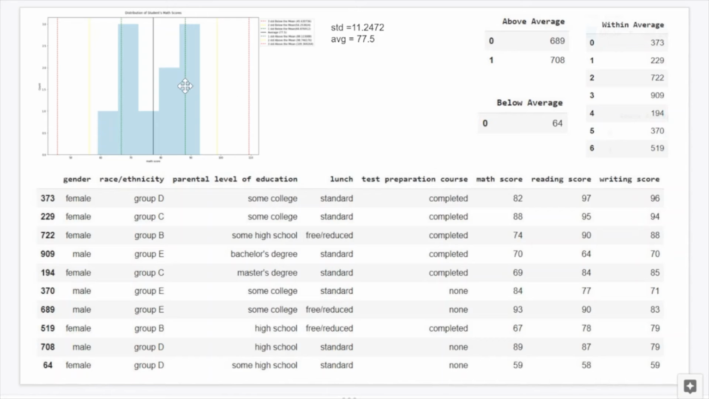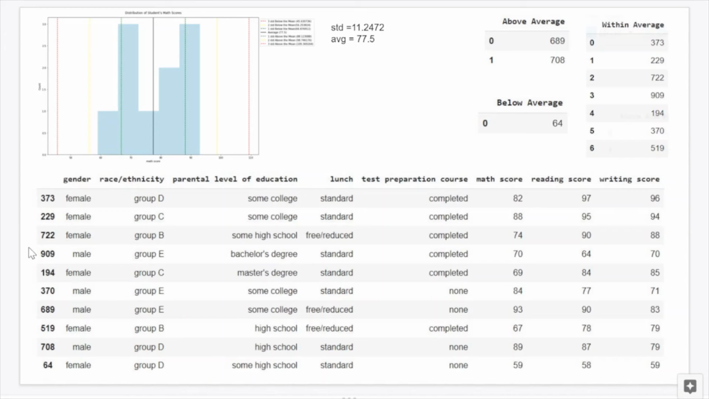Okay. But let's say they are below average, right? That means that they're going to be right about here. So this would be below average if they're between 1 standard deviation below the mean and 2 standard deviations below the mean. That means that they are below average right here. Okay, so student 373 with a score of 82 is actually within average